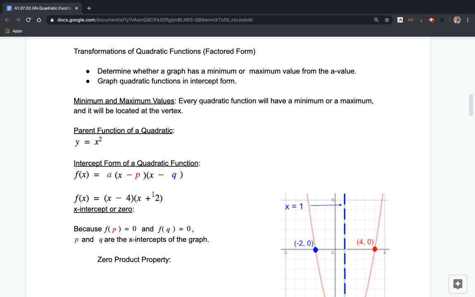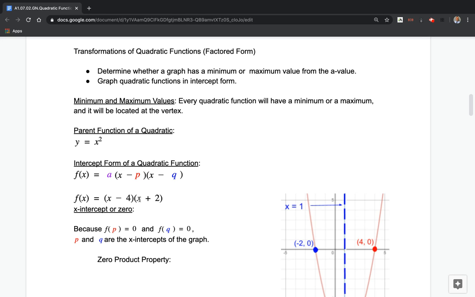We are talking about transformations of quadratic functions in factored form. We want to determine whether a graph has a minimum or maximum value from the a value and graph the quadratic function in intercept form. Minimum and maximum values. Every quadratic function will have a minimum or a maximum, and it will be located at